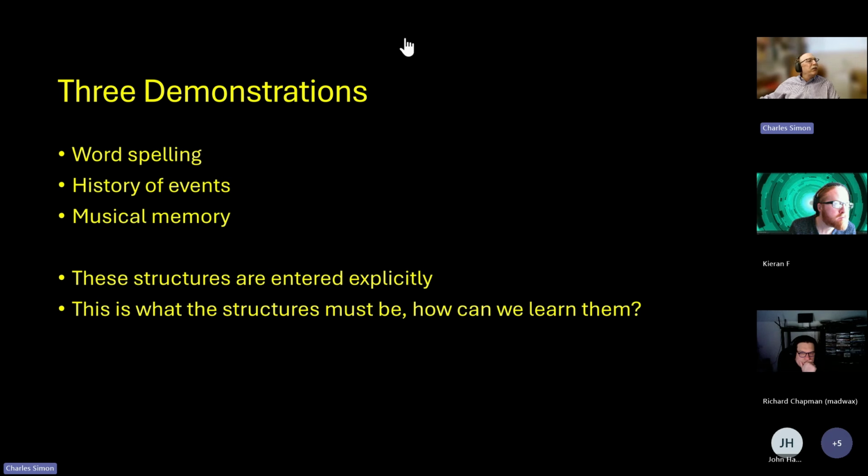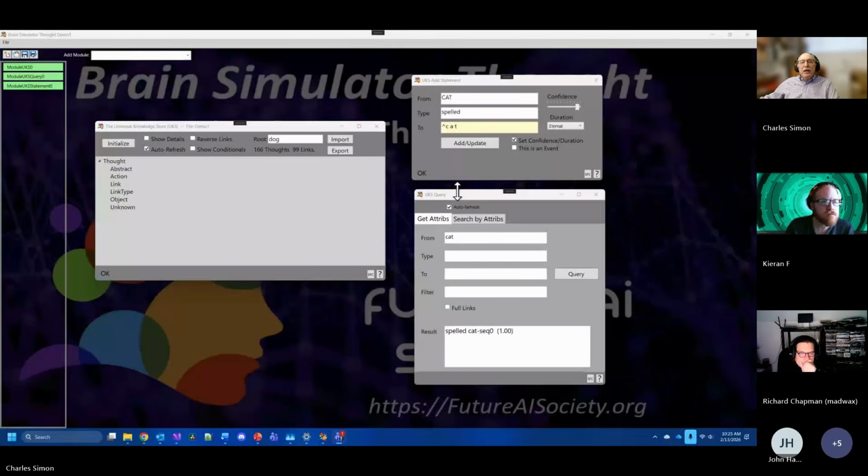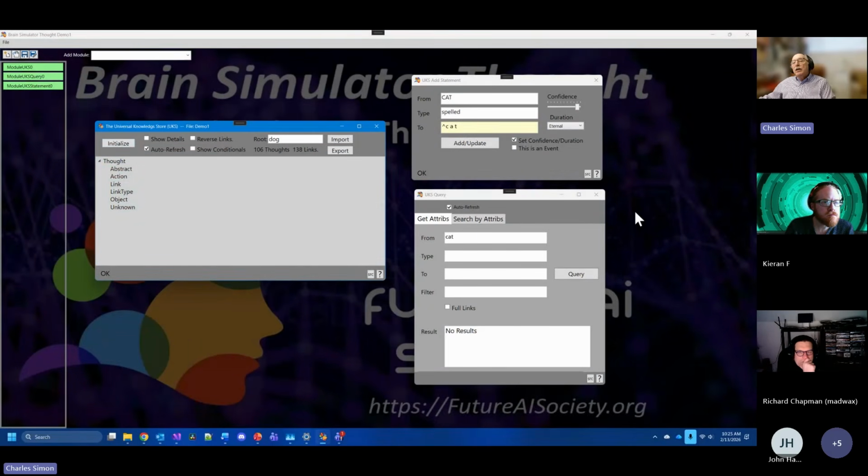And so without further ado, we're going to move back to this other screen. And we have the brain simulator.